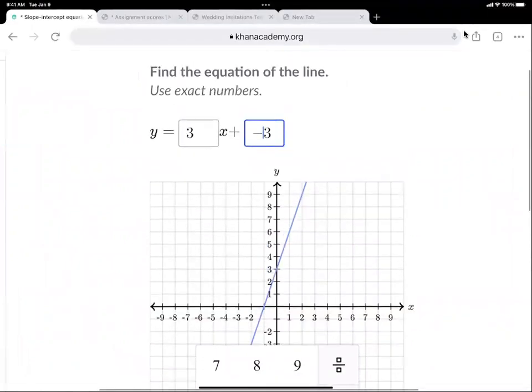Now, when you write it for me, you wouldn't write plus or minus, but since Khan Academy stuck the plus sign in there, use it. Okay, you can't change it. So they give you the y equals, they give you the x. This is kind of like in the notes where I left them blank and put lines for you to fill in. Okay. All right. The last thing I want to do is, and we got plenty of time,